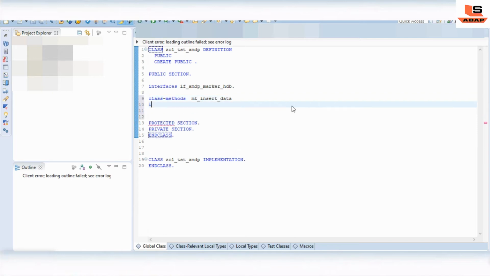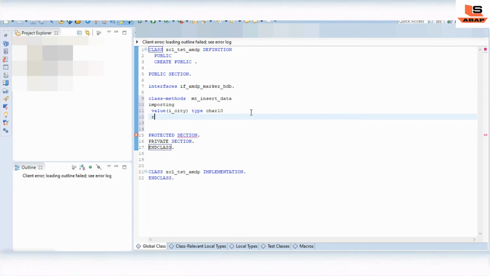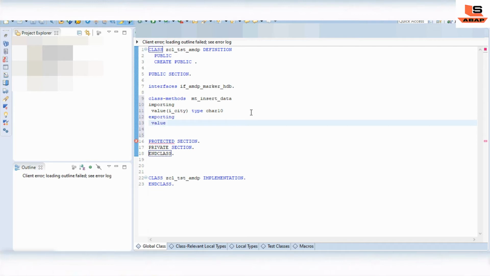So let's define the importing parameter using VALUE, as a city of type CHAR10, and the exporting parameter, again using the same VALUE, as message of type string. Now we have defined our method.